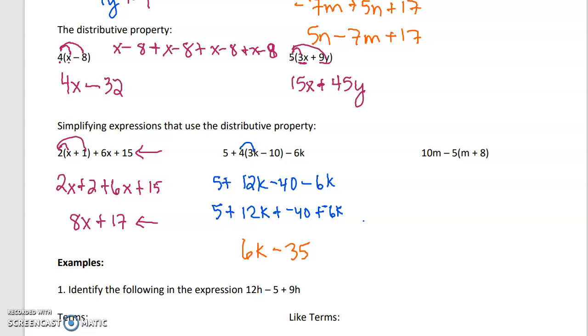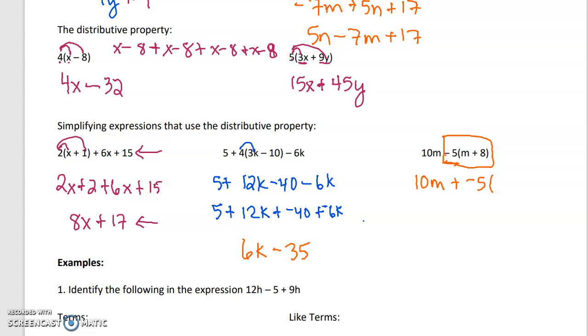This last one I want to take a look at because we have our 10m, and this is where I'm going to tell you to add the opposite. I want you to notice that we have a negative sign in front of the 5. And so what we're doing is we're taking 10m and we're subtracting 5 copies of m plus 8. We're subtracting 5 copies of that. When we distribute,